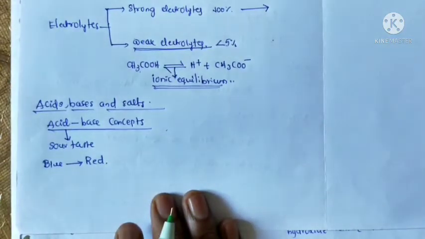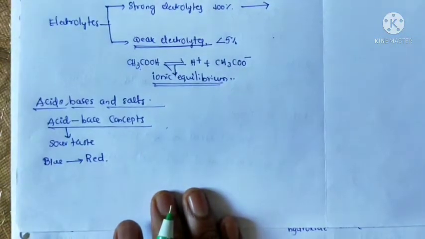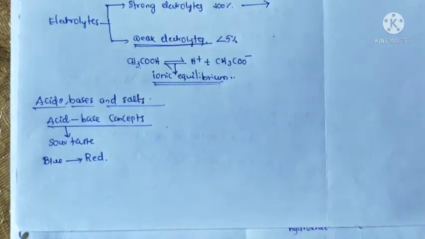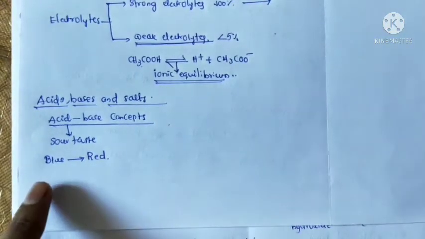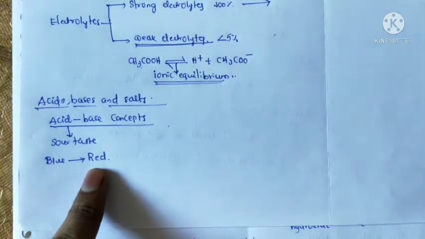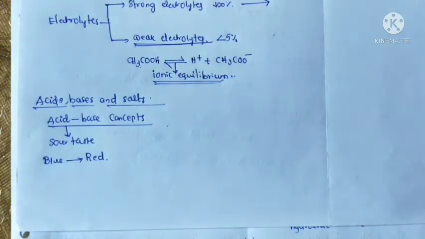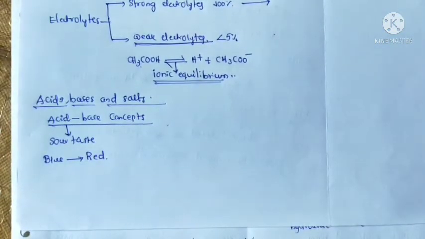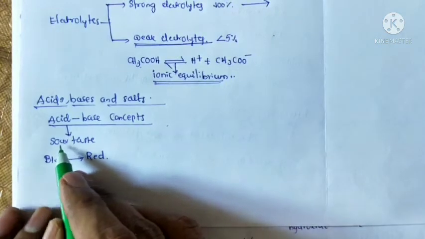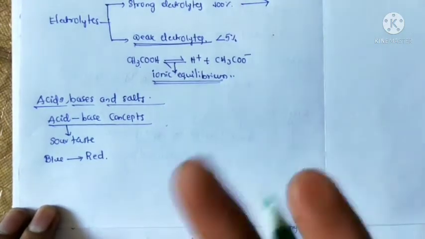Whenever you want to determine acids, just take a test tube with an acid solution and dip the litmus paper in, blue litmus paper, very important. That blue litmus paper changes to red litmus paper. So now we can easily identify that the solution is an acidic solution. Another property is the sour taste. Acid substances, like lemon, have a sour taste, so we can easily identify them.